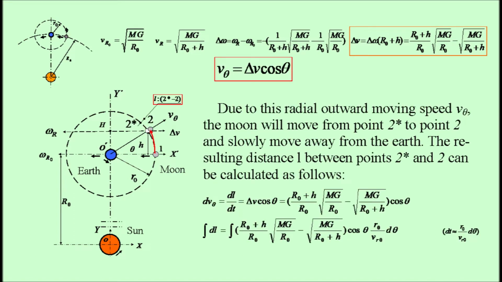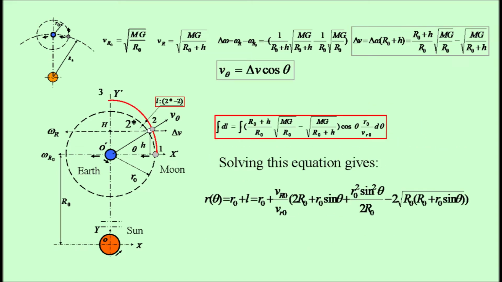Due to this radial outward moving speed v theta, the Moon will move from point 2* to point 2 and slowly move away from the Earth. The resulting distance L between points 2* and 2 can be calculated as follows. Solving this equation gives